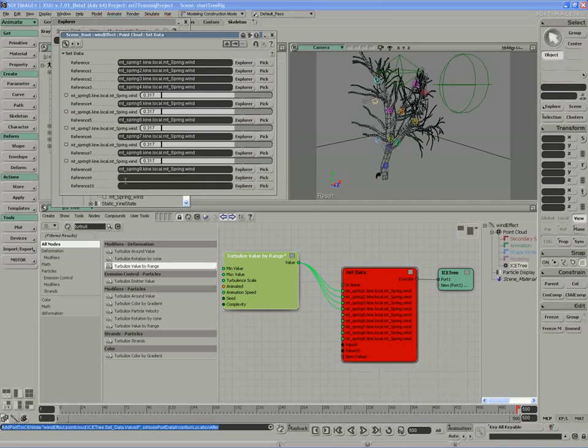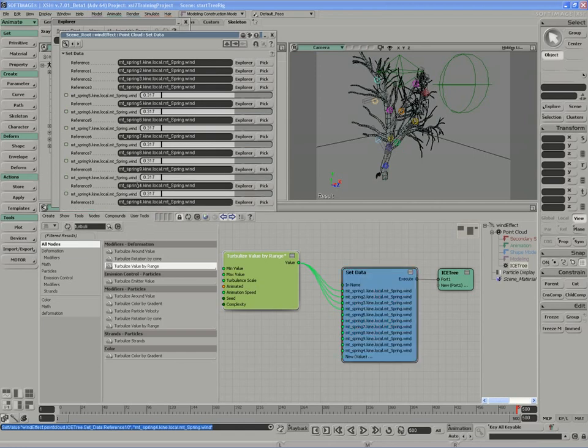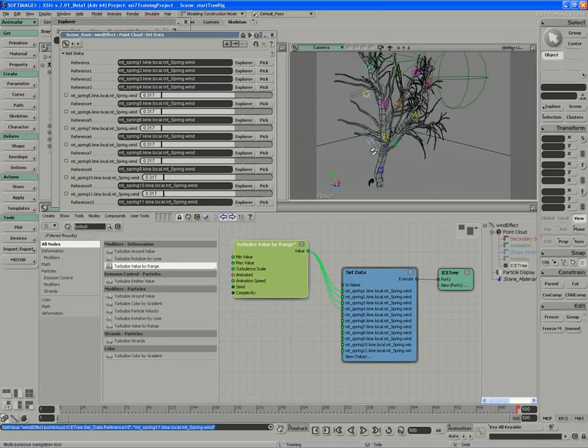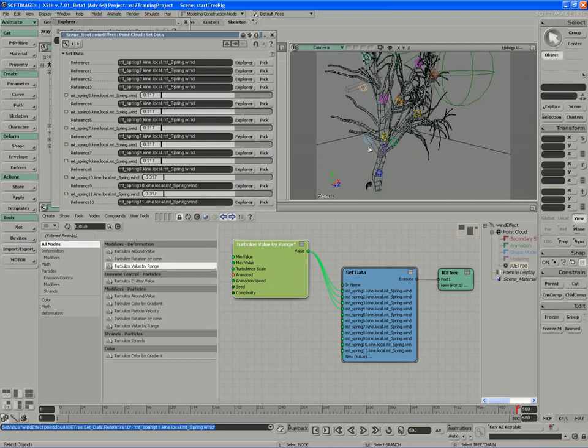And we're now making way for 10 and 11. So spring 10, 11. Okay, great. We probably want to have most of the slowest movement, slowest turbulence at the base of the tree. So we know that we're dealing with